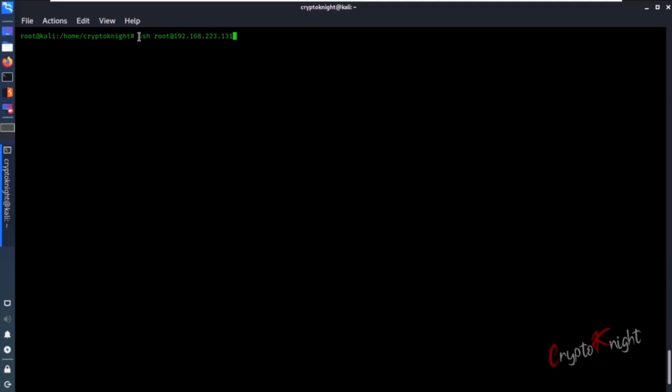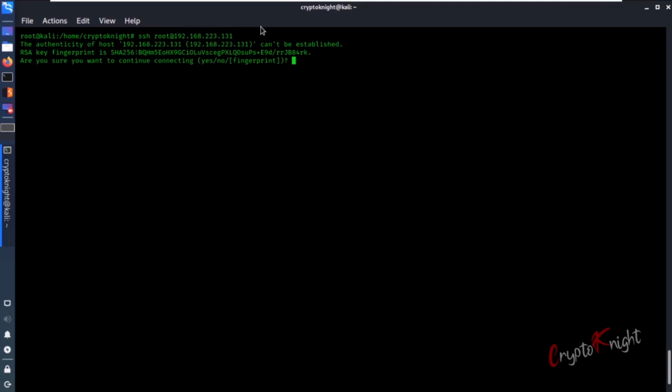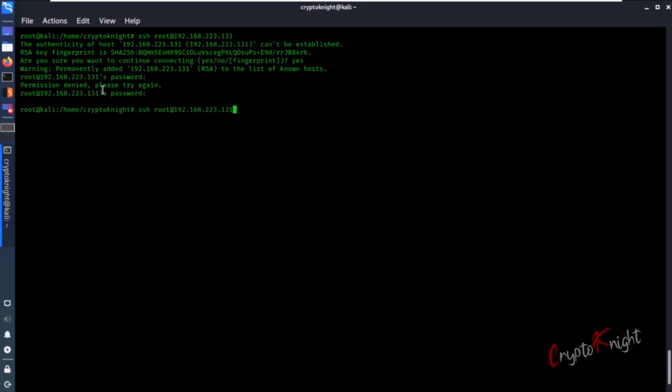So we type ssh username at IP and hit enter, then type yes over here, and it will ask for a password. When we have a password we enter it and hit enter, so we directly get into the system using SSH. But now the permission was denied because we don't have access here, we don't know the password. So I'll press Control C. For the time being we know that msfadmin and msfadmin are the credentials for Metasploitable.